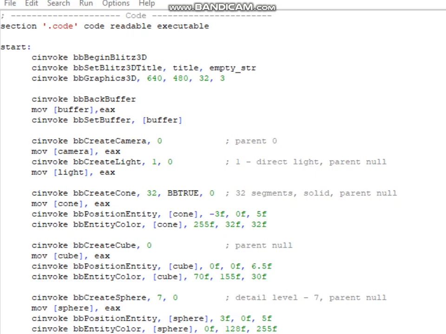cone, then we position the entity in the 3-dimensional space, again using the position entity using the cone file handle and the position coordinates. Then we also colour the entity of the cone using its file handle, using its RGB colour values. Then we create another cube, store its file handle, again position the entity cube in 3D space, colour the entity using the cube handle